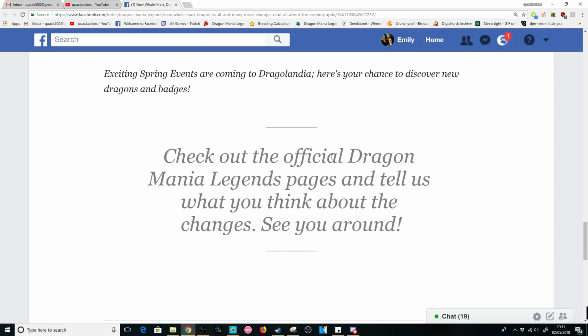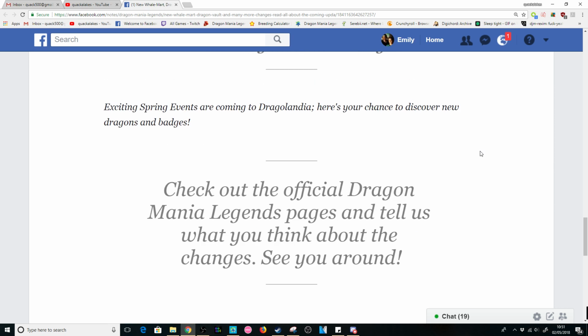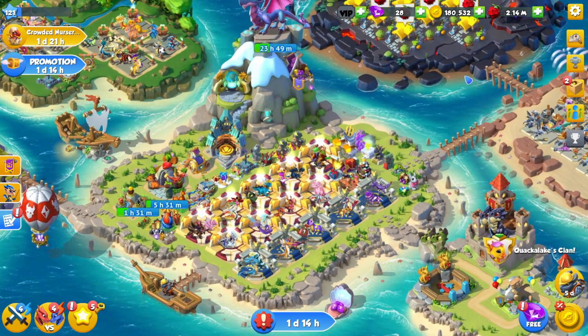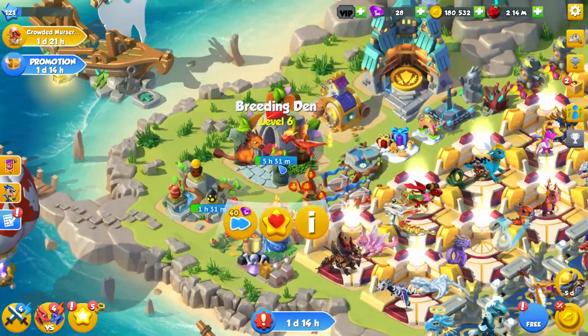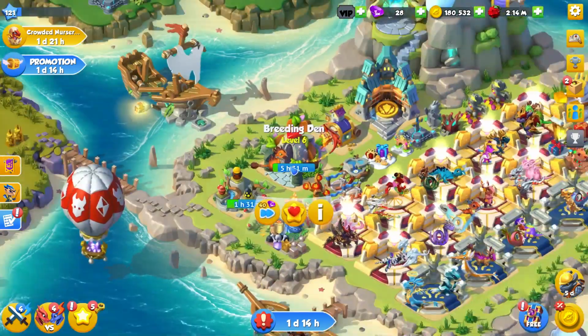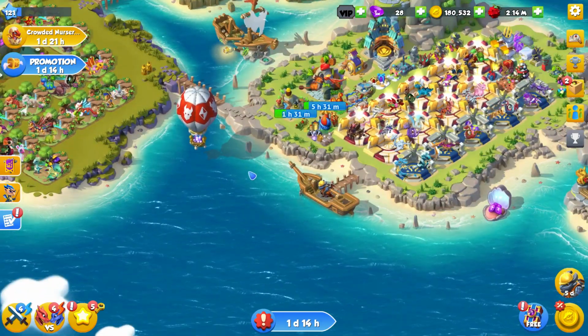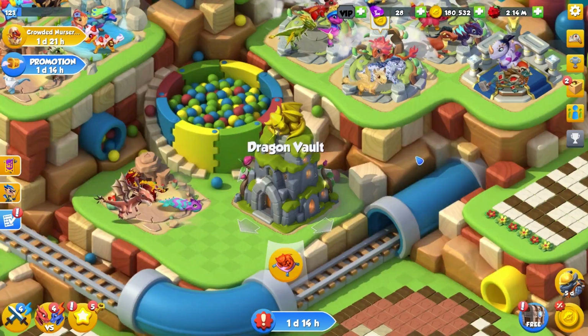So then check out the official DML page and tell us what you think about the changes. For the most part, it doesn't feel like a whole lot has actually been added. We just got some minor tweaking to the Enchantment Breeding Den. We got a little community page. We have a Whale Mart, which isn't yet here. And we have a Dragon Vault, which is...